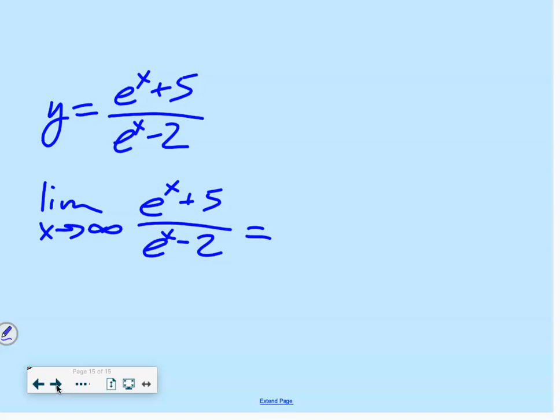I'm hearing a 0. This limit is 1. It's just like the polynomial stuff. It's basically the same thing, top and bottom. It's the quotient of the leading coefficients. Be careful, because